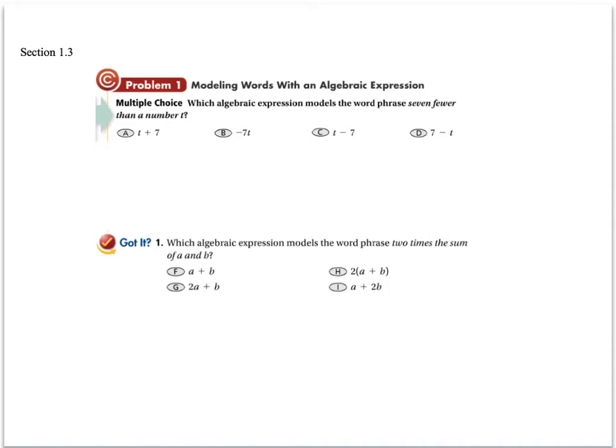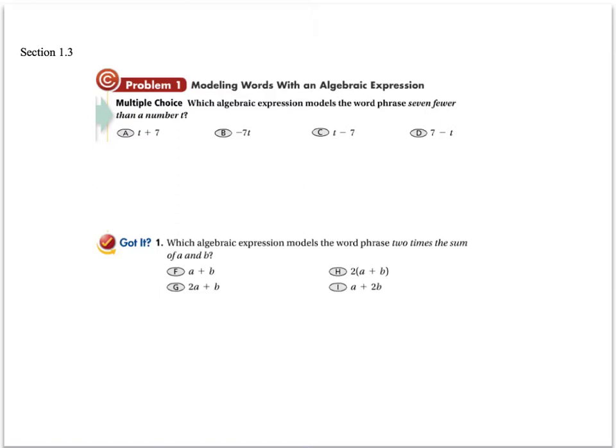Okay, so this lesson is about just algebraic expressions, which isn't anything new to you guys because you've been dealing with these for a really long time. We're just going to touch on this for today and then build on it all throughout Algebra 2. For the first problems, all you're doing is you're taking a phrase and then you're putting it into a mathematical expression. So for the phrase